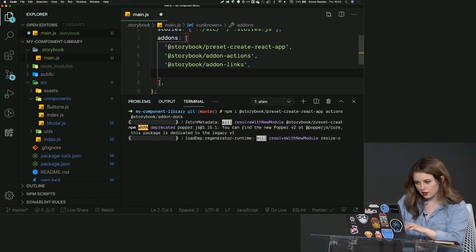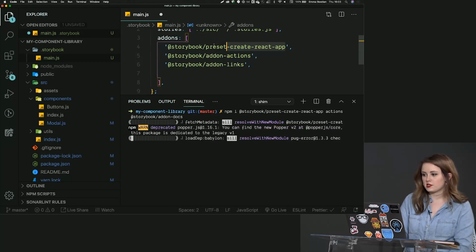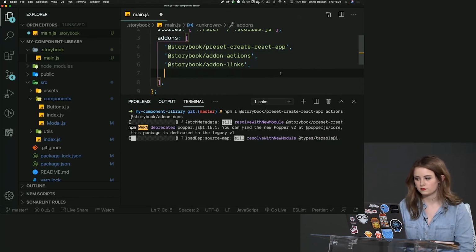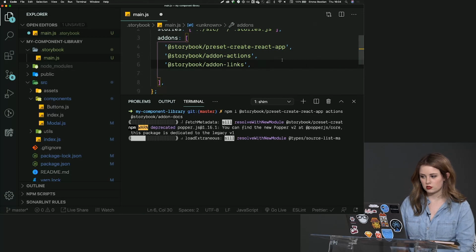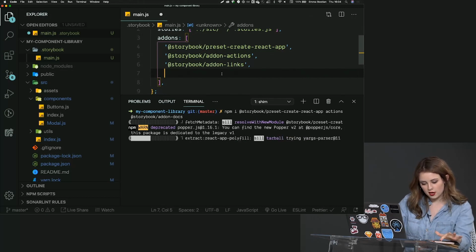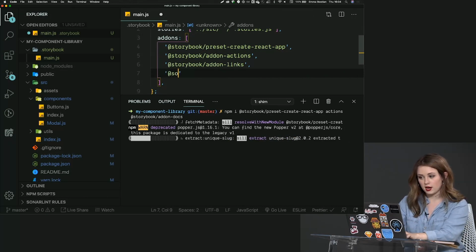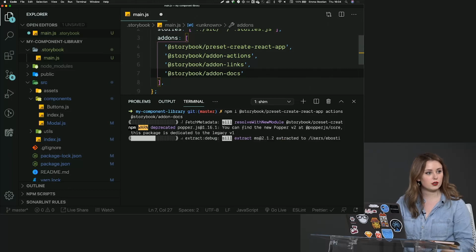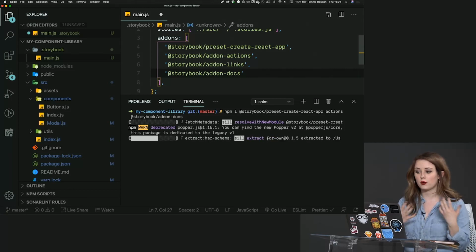So let's add our preset. Create React app is actually already added here, so I actually didn't need to install it. We also have actions, and I don't know why I just added those, but that's fine, not harming anything. And then we just need to add our docs. So @storybook/addon-docs. This is going to give us that documentation for product management, for design, to go in and actually have something